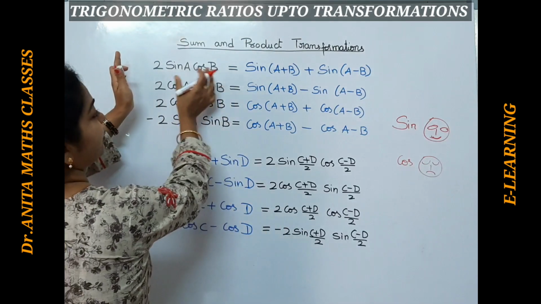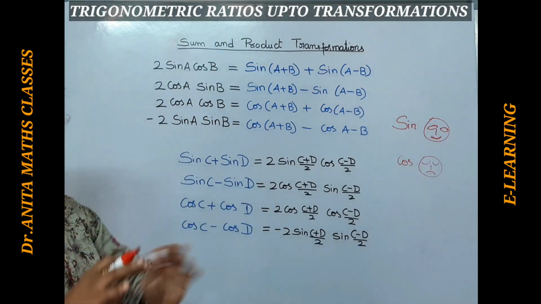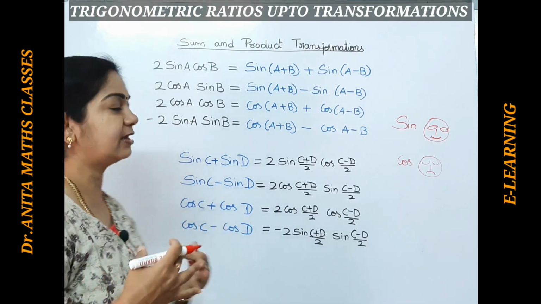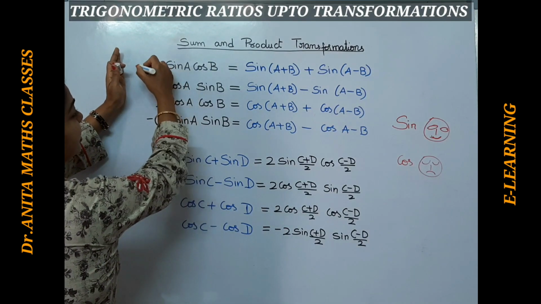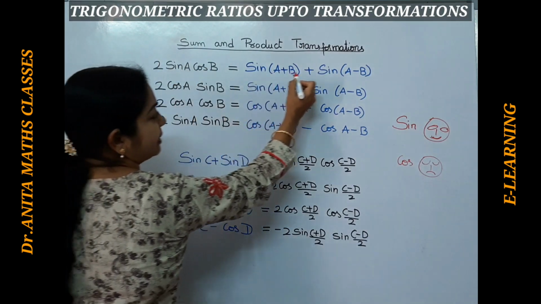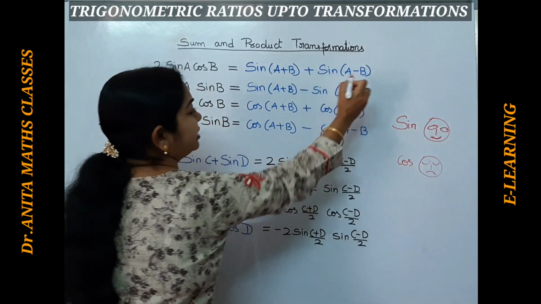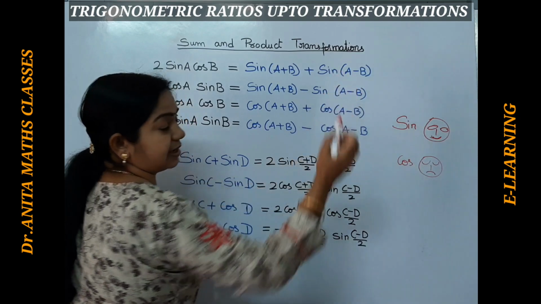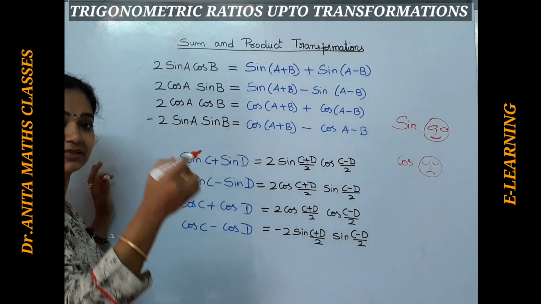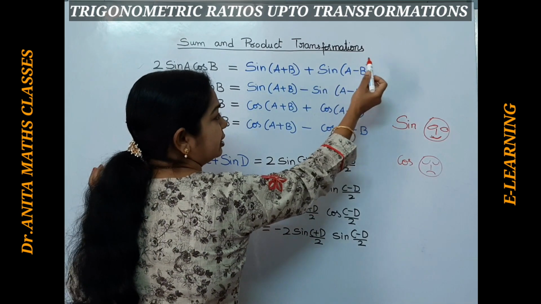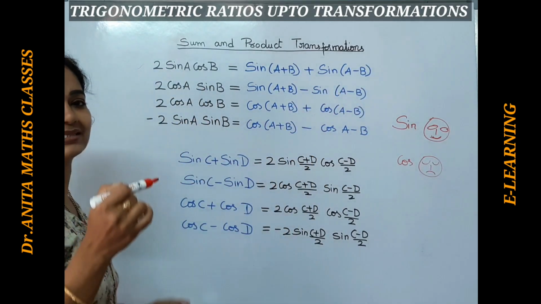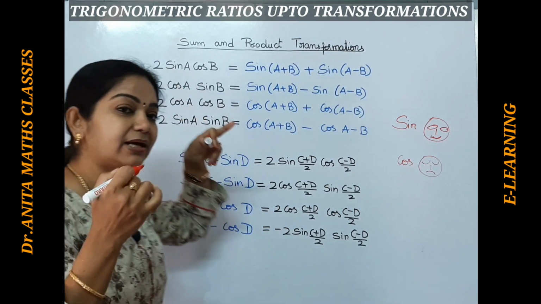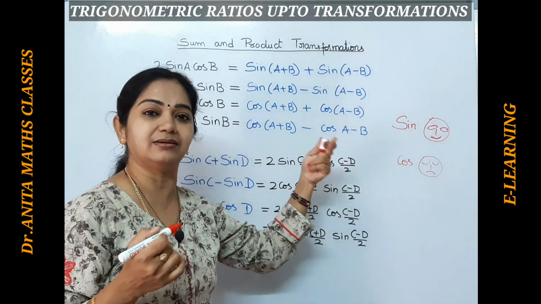So if sine is friendly, that means it will be including cos with it. It does not only take sine but also it includes cos. Likewise you remember, if you see the first one here, 2 sin A cos B is sin A plus B plus sin A minus B. Now we know these are the compound formulas, sin A plus B, sin A minus B. We know sin A cos B plus cos A sin B. If you expand these two, the minus and minus cancel and you get 2 sin A cos B. If you are getting confused, just check it in the rough part.